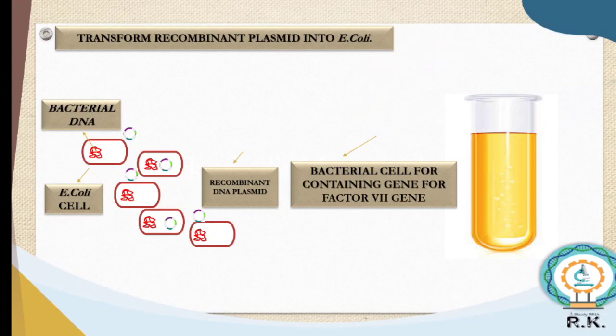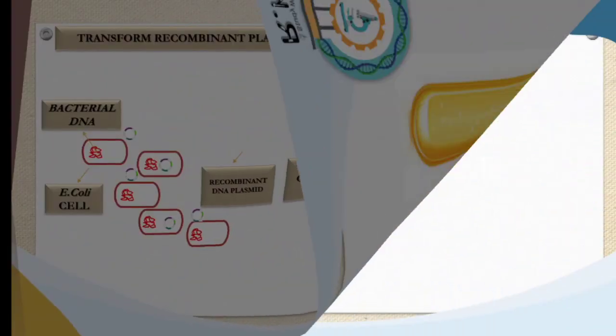Let's take a closer look at what exactly happens. As you can see, the bacteria and plasmids are submerged, and our goal is to get the plasmid into the bacteria. Most of the bacteria actually could not take up the plasmid. It might be that only one or two take up the plasmids. So that's why we put in many copies, and even worse, we can't actually see which bacteria took up the plasmids and which did not.